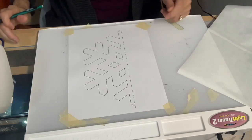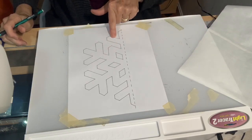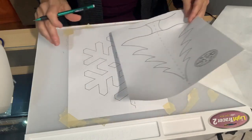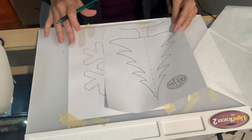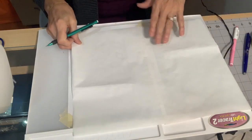Okay, for our applique pillow, the first thing we're going to do is trace the snowflake, or if you're doing the tree, whichever one you're doing, we're going to trace that onto the Heat and Bond Light, or the paperback fusible web, and I prefer the Heat and Bond Light. So here's my Heat and Bond Light, and we're just going to lay it over it,